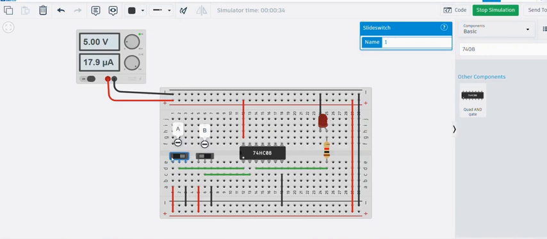If any one of them is low or both are low, we get the output as 0. Suppose we give 0 0, or 0 1, or 1 0, we get 0 output. Only when both the inputs are high do we get the output as 1 and the LED glows. So this is how